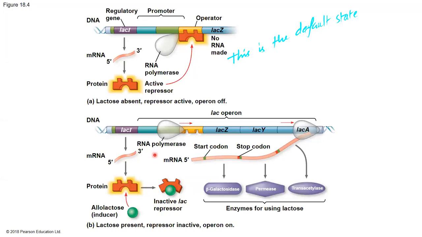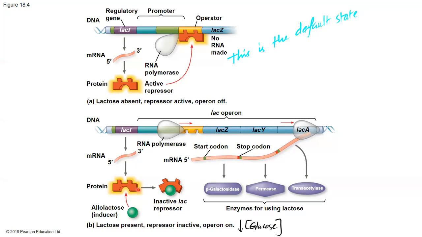How? So in the absence of lactose, and there is glucose, the operon will be turned off. But if there's lactose, and it's very important, and the concentration of glucose is low,